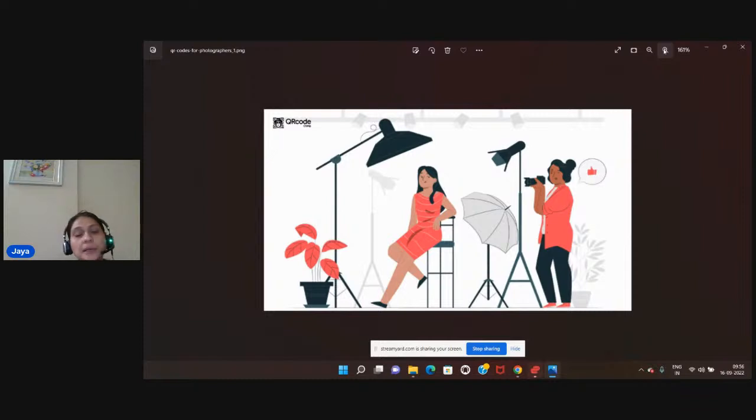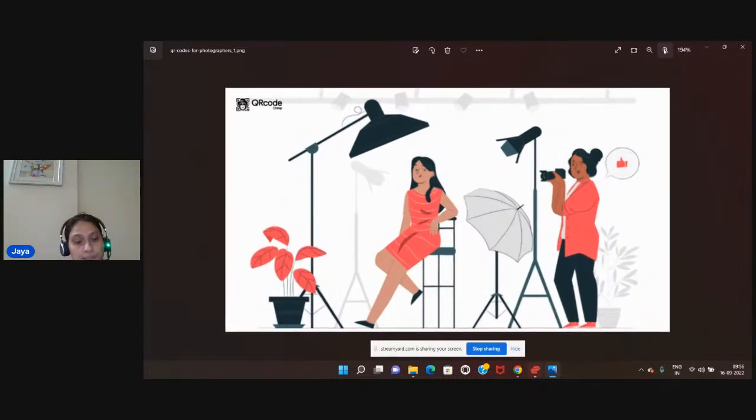This is unique, because everybody doesn't carry the actual album with them. If I see from a client's point of view, the client is sitting in this place and doesn't have that much time to see all the pictures. So you should expect that this is a digital album and you can just scan it, and wherever you are going, you can just have a look. In this way, it saves time for the client as well as for the photographers and videographers. That is why the digital album is really important to include in your business to get more and more business.